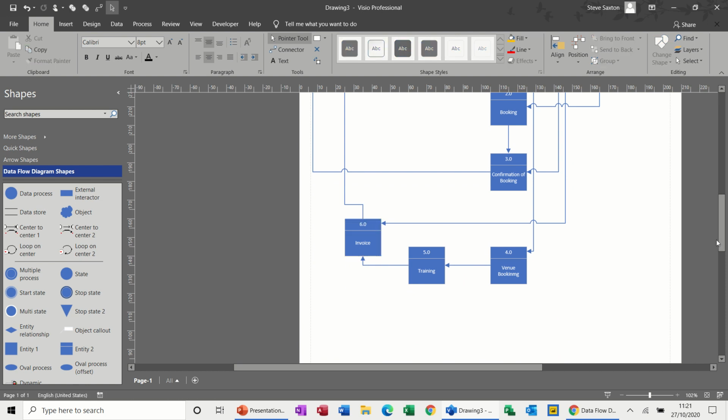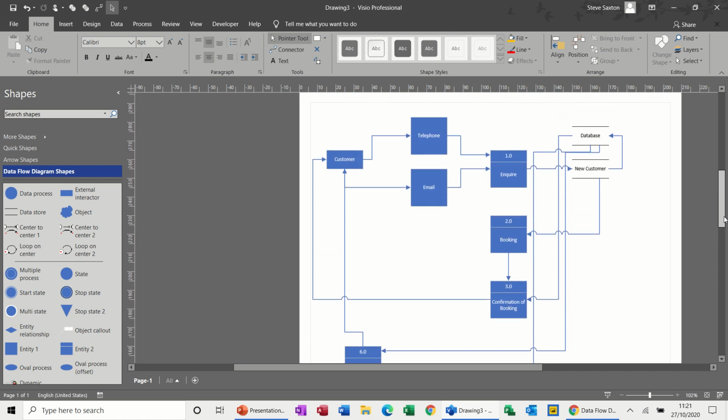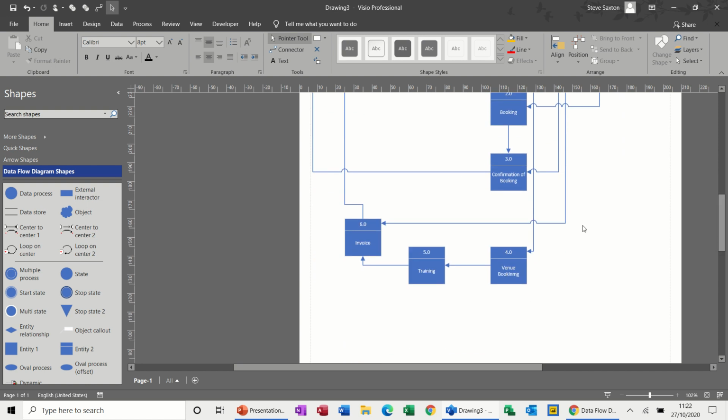So now what you do is you go through this process in your head and you check that this is the right flow. So it's the data. I think the issues you get is confusing the actual data path to the processes themselves. So the telephone call, customer may do a telephone call, comes into this group. From there you put it into the database as a new customer, and then you confirm the booking, and then the confirmation of booking goes back to the customer, and then through a confirmation of booking you are booking the venue,